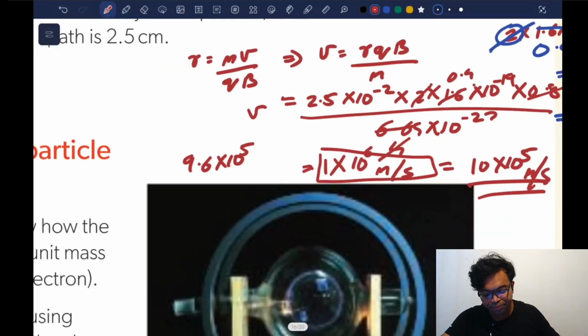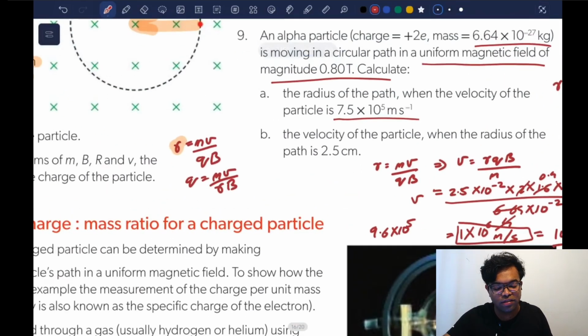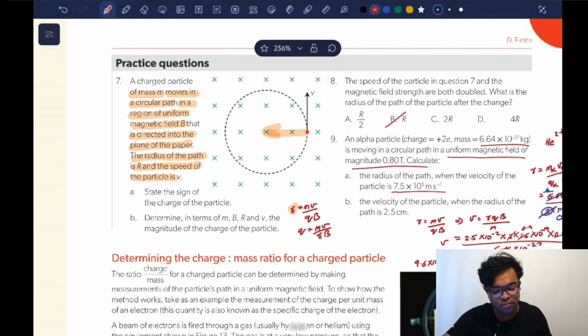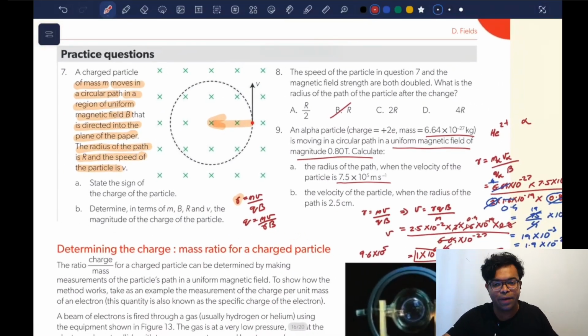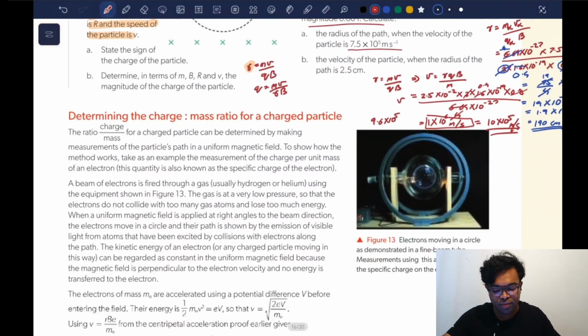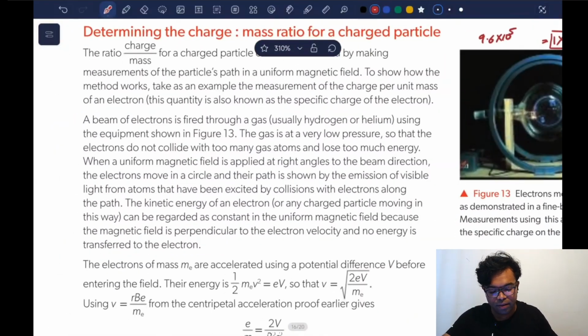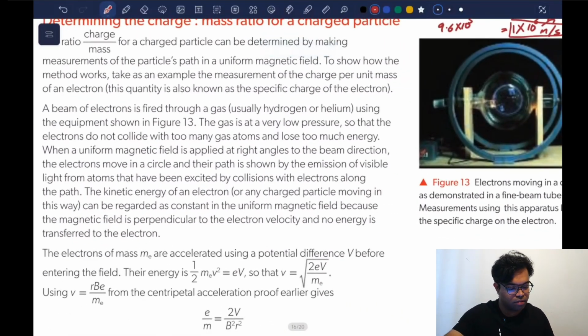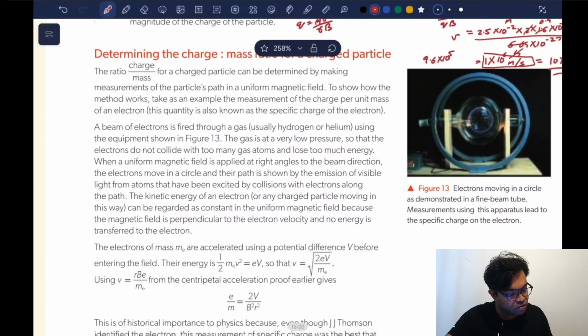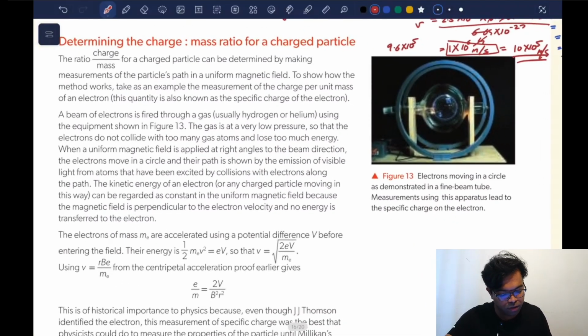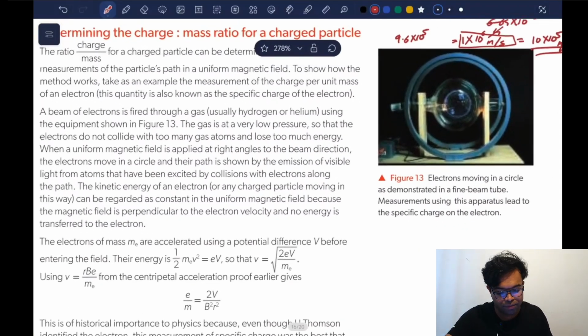Okay, so let's. Did you understand these three questions? Any problem? Okay, shall we move on to the next one? Okay. Oh, is this going to be the owl drop experiment? No, no, no. Okay, fine. So,